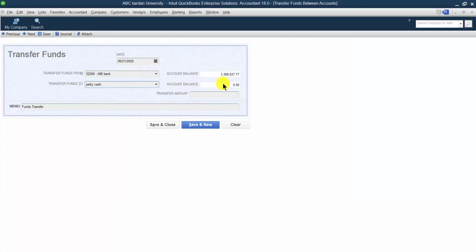Now, do you want to transfer to this account? There is no balance. Yes, we want to transfer. How much you want to transfer from this bank? We want to transfer amount of 2 lakh to this bank account. How much transfer? 2 lakh. Save and close. Now, if you select your PT cash, how much is transferred? 2 lakh gets transferred to this, right? So this was the purpose of